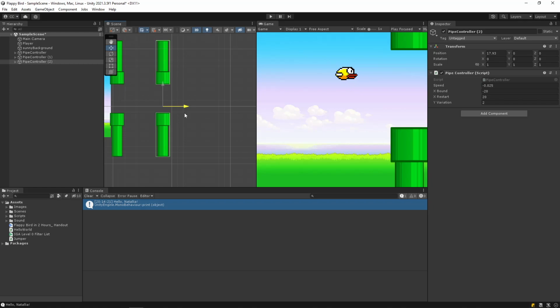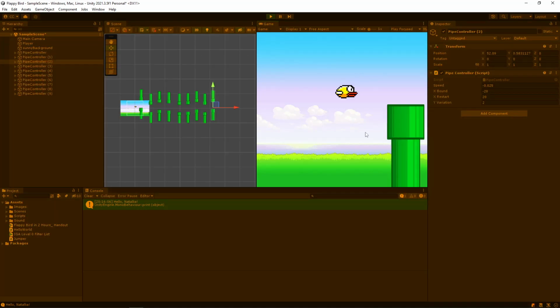Hit play, see if that feels good. Let's play through it a little bit. There's a bit of a bug where Flappy Bird does not die when he touches the pipes, and while it may be desirable, it is not desirable by my standards, so I'm going to change that in a bit. Also notice that they kind of overlap here. That means we made a few too many pipes. I'm just going to delete these last two. If I click on the pipe controller, you can delete them. See if that works.